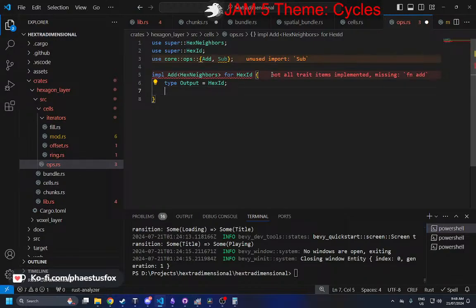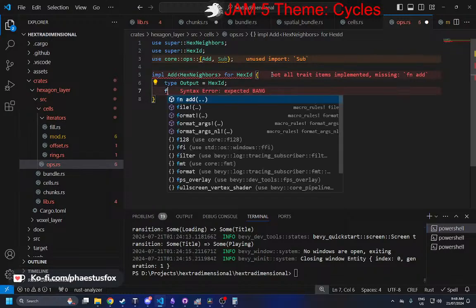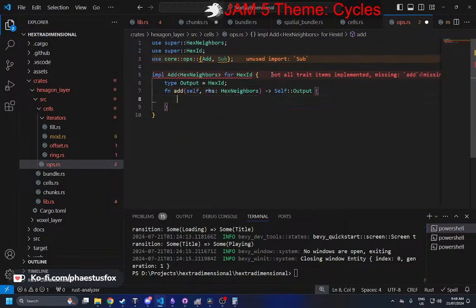I can't return a neighbor by adding the two. But I could invert the order and say that a hexagon neighbor plus a hex ID returns a hexagon neighbor. You can do that kind of thing, but there's only one interpretation. There's never multiple interpretations you can get out of it. So anyway, add, and then so we're going to say,